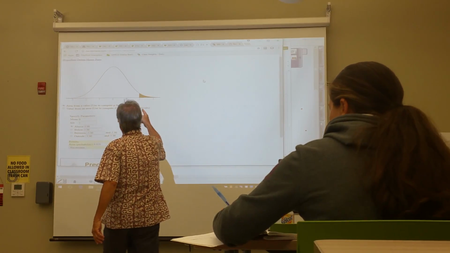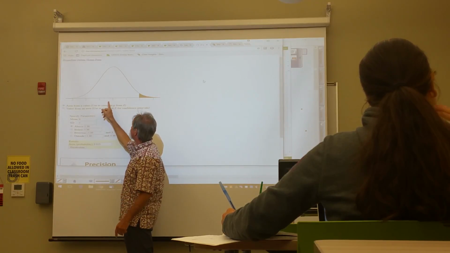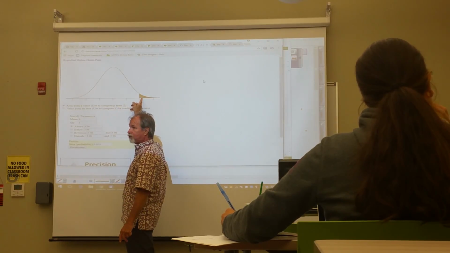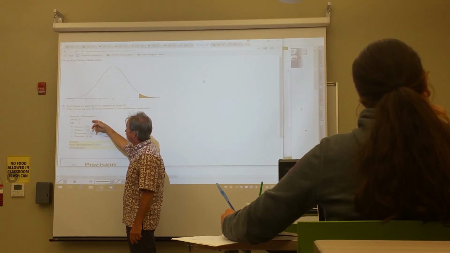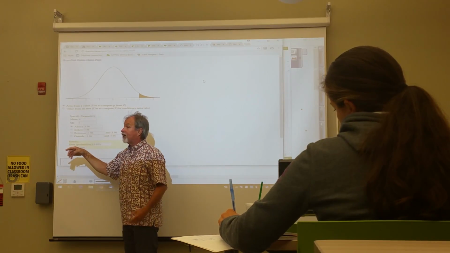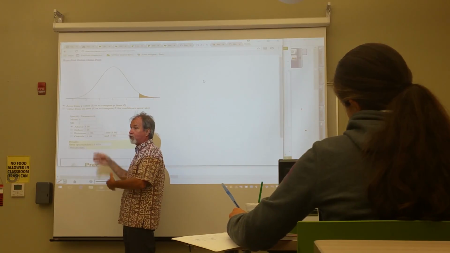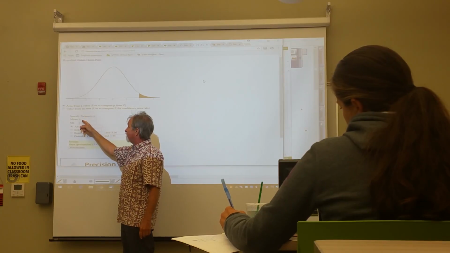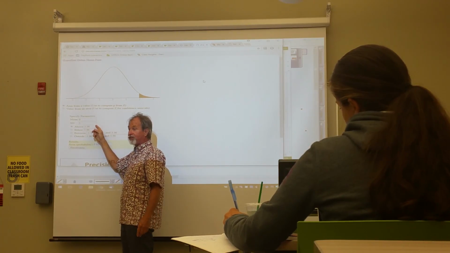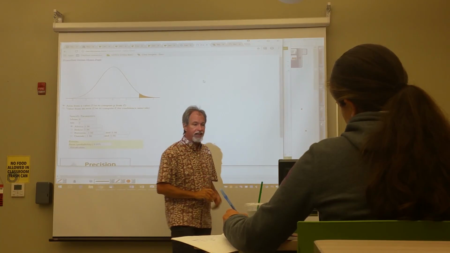What does this curve look like? Normal curve. It has a mean of 0 and a standard deviation of 1. And then down here it gives me some information, and it gives me the ability to use the table in both ways. I can either enter the mean, the standard deviation, and the actual values, or I can ask it to find the area,